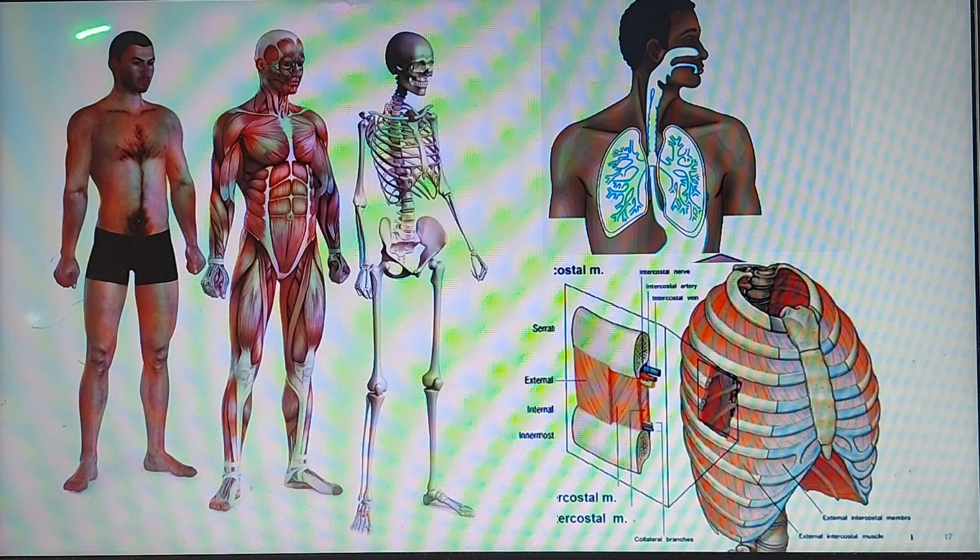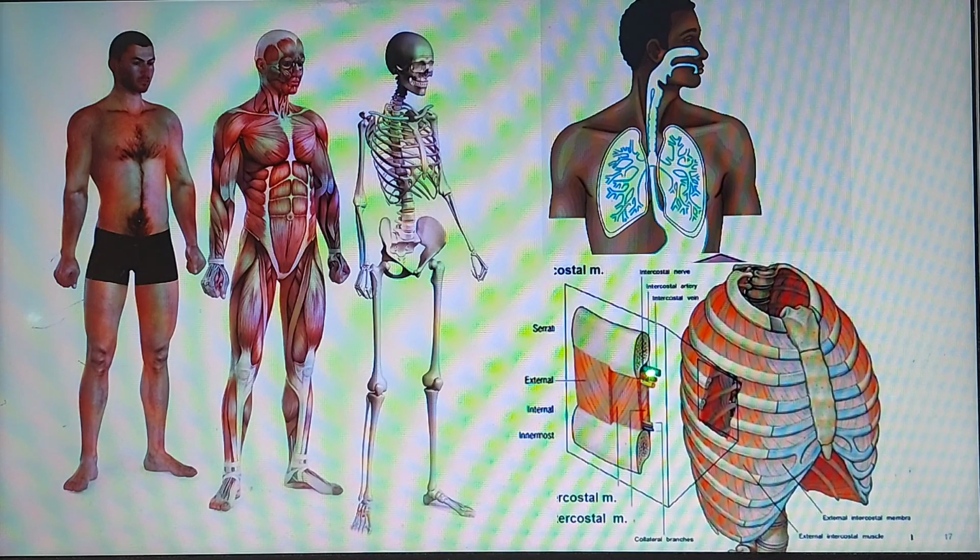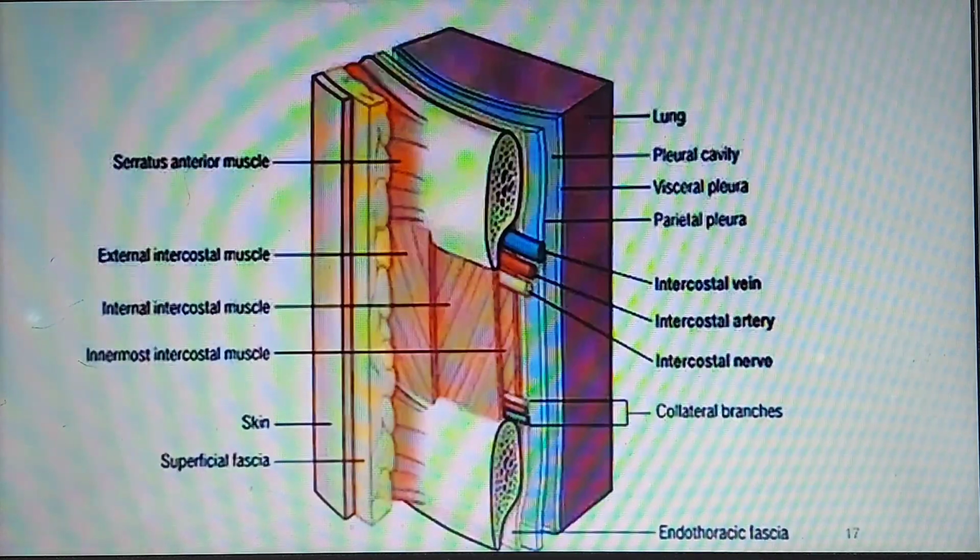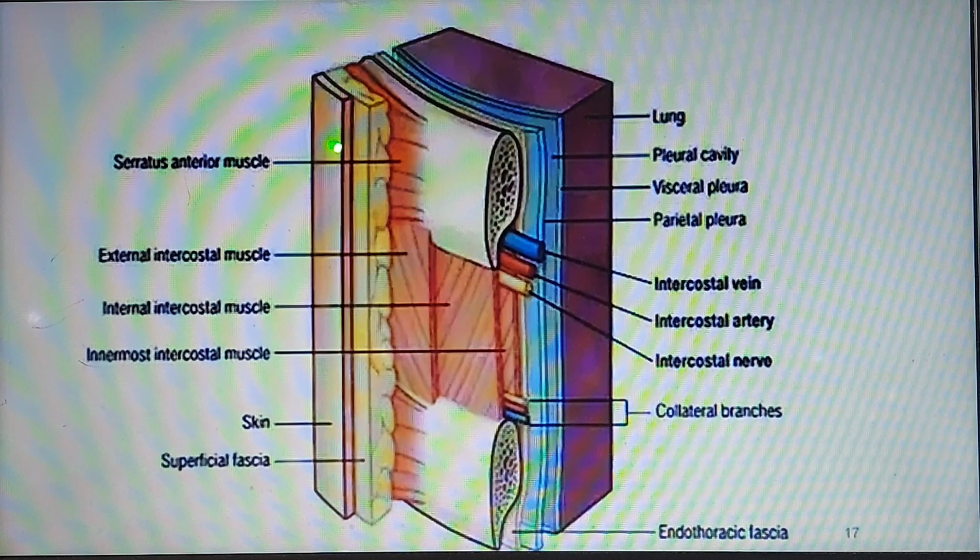In between the skin and the endothoracic fascia, there are so many structures, the ribs and the muscles, and in between the ribs there are the intercostal spaces. These intercostal spaces are formed with the intercostal muscle, nerve and vessel, named intercostal nerve, intercostal vessel and intercostal muscles. If we see the diagram, there is the skin outside, then subcutaneous tissue, then the extrinsic